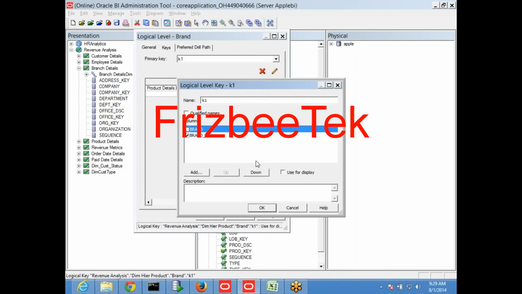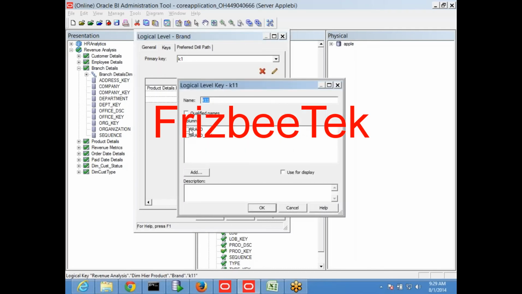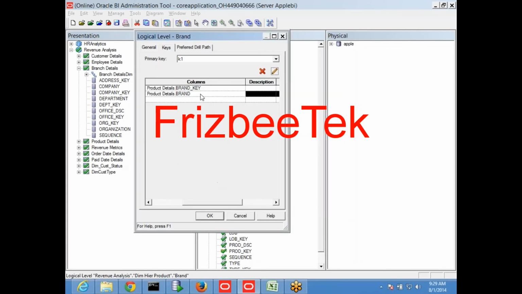I am creating a key on the brand key column, and I am not doing anything else. Say OK. Now I am creating one more key. Here I am selecting brand and use for display. So your key will be this one and use for display will be this one.